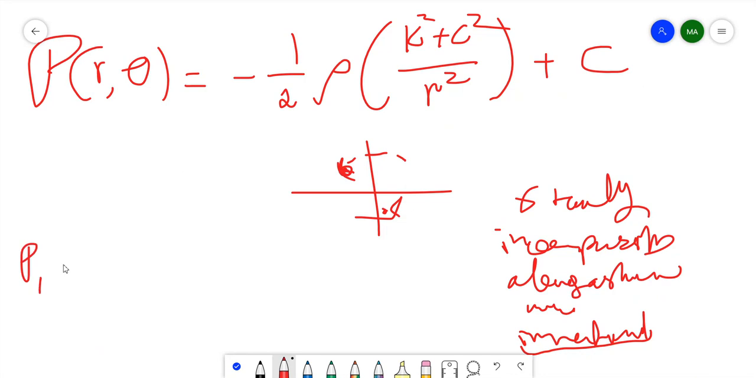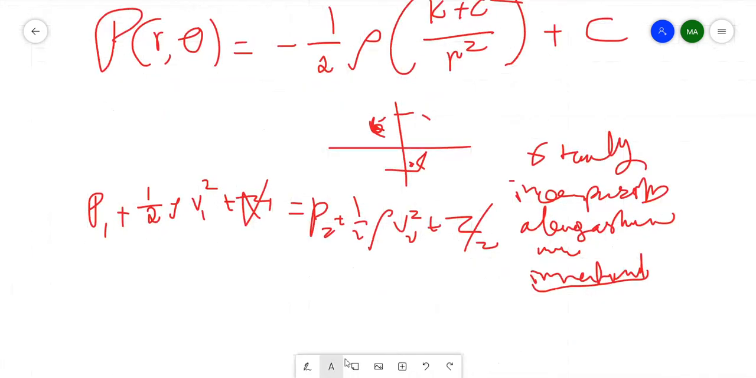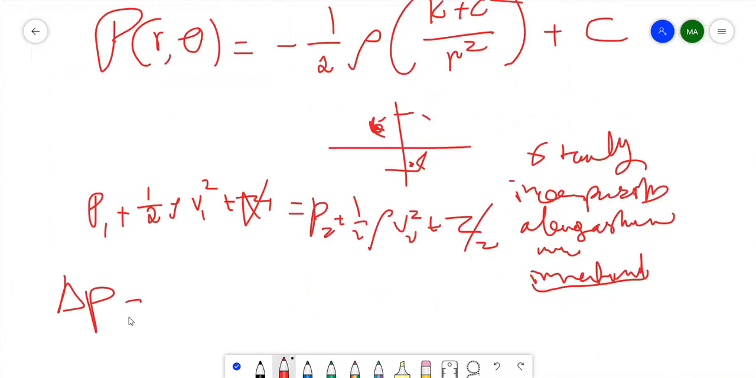So P1 plus half rho V1 squared plus Z1. Of course, my flow is in the plane, so the Z is constant. Equals P2 plus half rho V2 squared plus Z2. So also this one is not present. So my delta P, or P1 minus P2, will be equal to